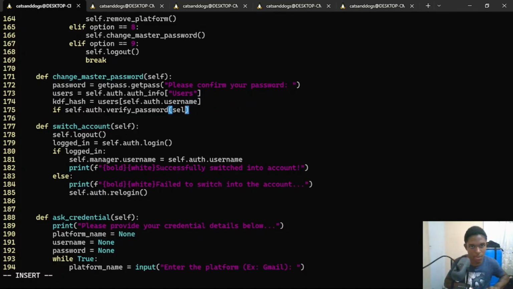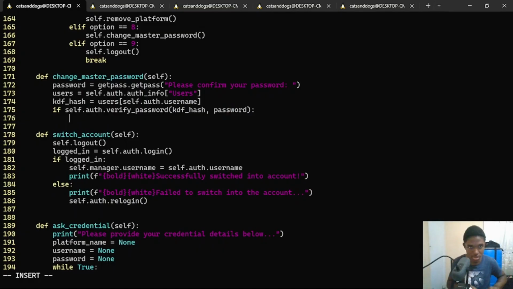So KDF hash along with the password, and then if that is true, we simply